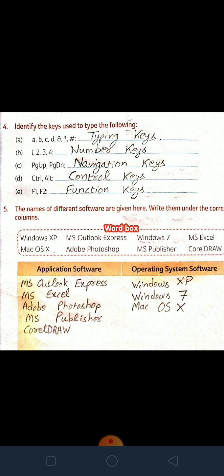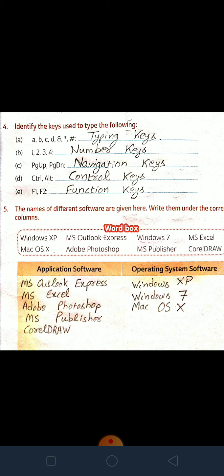So children, from here application software are MS Outlook Express, MS Excel, Adobe Photoshop, MS Publisher and CorelDRAW, because these all are used for a specific work. Then our operating system software are Windows XP, Windows 7, Mac OS X. Okay children, because these are the main software of our computer.